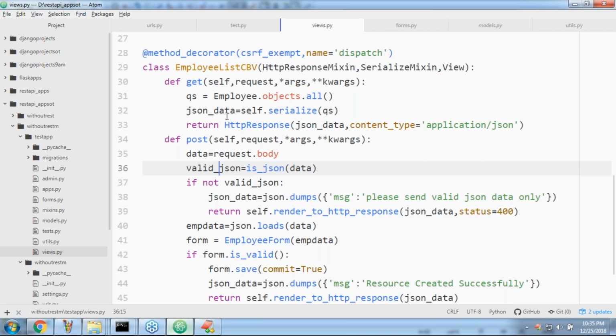But all these things we can do with very little code using the Django REST framework. That is the biggest specialty. If you are aware of these things, then life will become very, very easy. Almost everything that Django REST framework is going to do, we are doing manually, writing this code. That's it. If I go to the next level, it will become very easy for us.